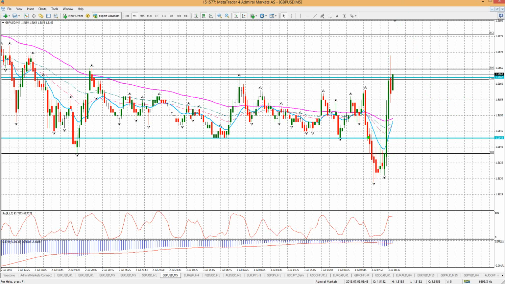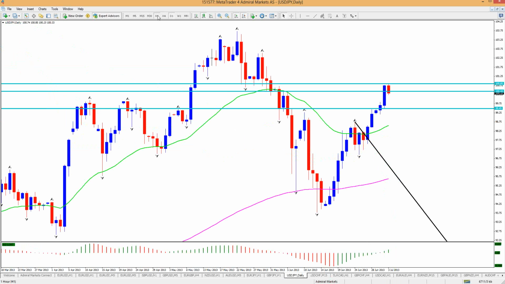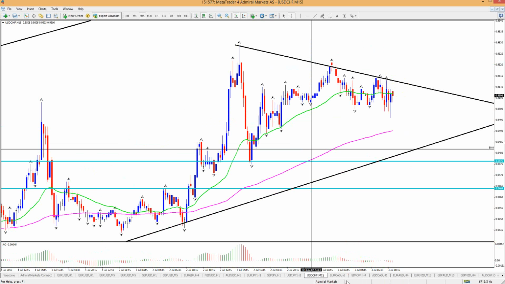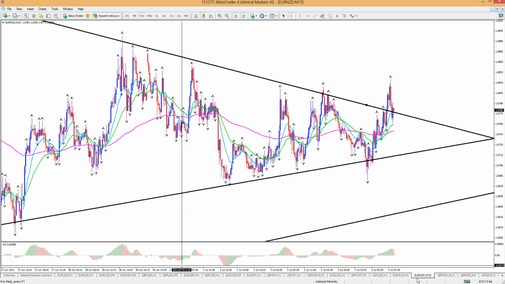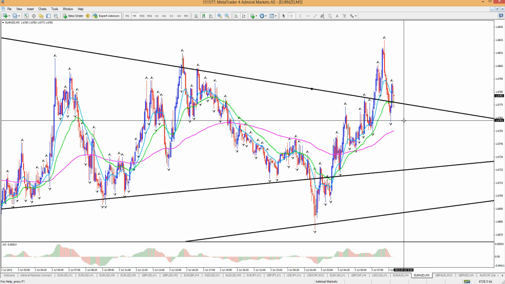So that's why waiting for a break, retest, continuation is good, usually. Euro has moved down nicely, but pound is definitely doing the opposite. Let's keep an eye on the yen. The yen broke this low, so let's see how far it can go. Dollar Swiss hasn't moved anywhere. How's our New Zealand doing? New Zealand is making that bounce here and bounce up. Alrighty.